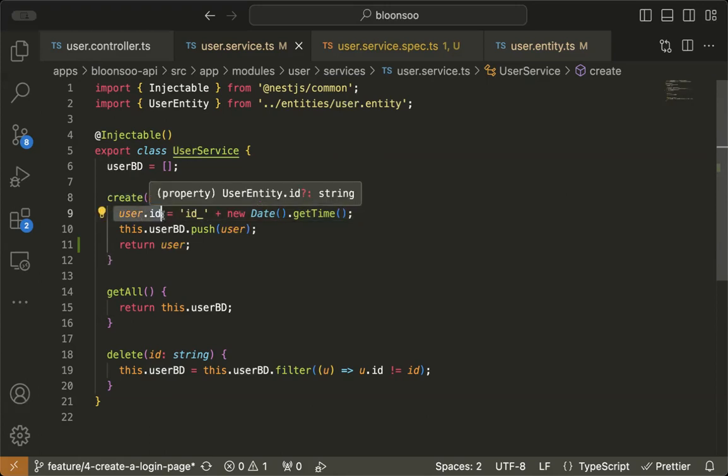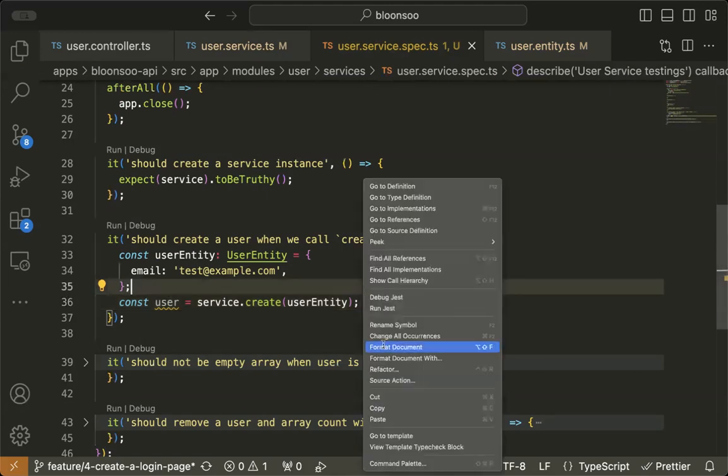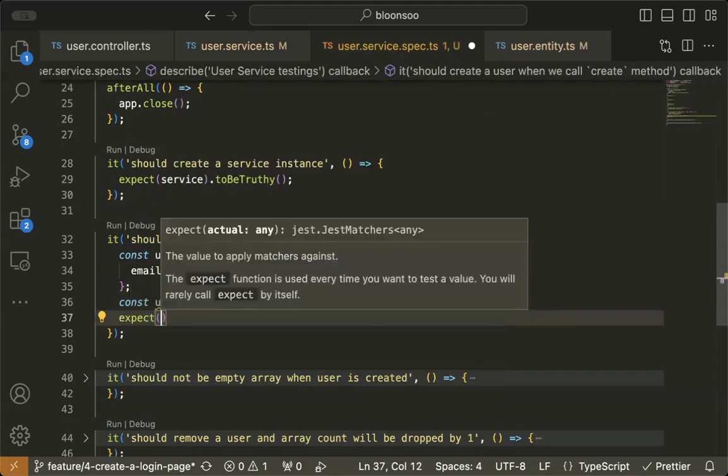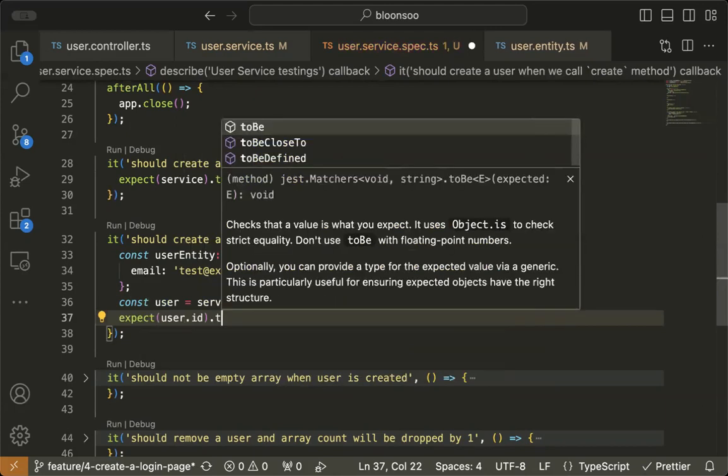We are populating the ID field. And from the test side, if the create method is giving an ID and it is working perfectly, I should check whether there is an ID or not. That is one method of testing that the method is working. So I can say expect user.id